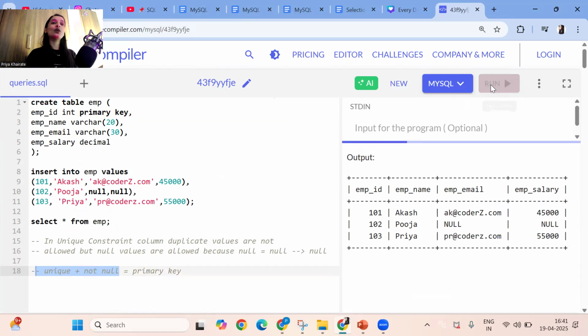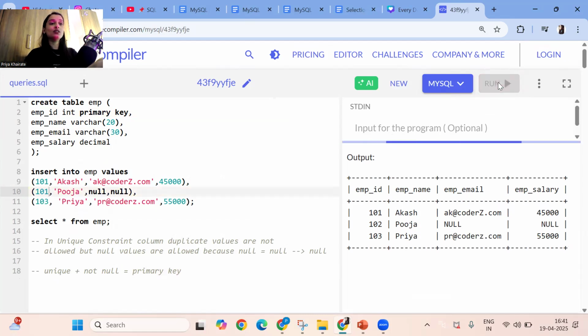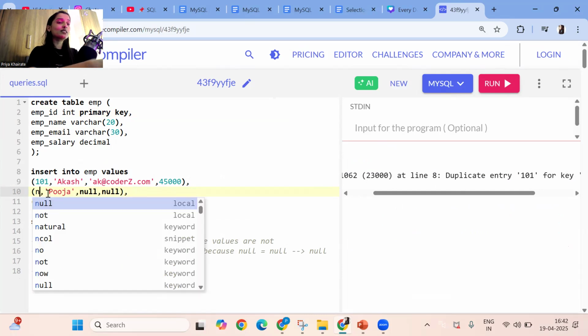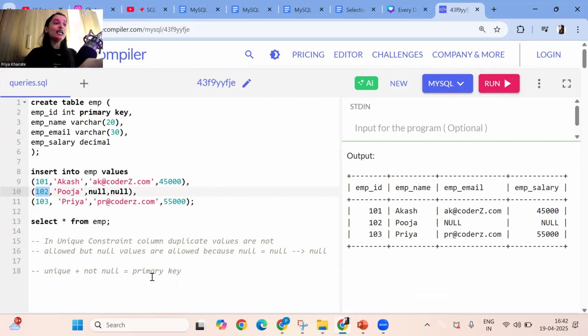So now if I run the code, you will get the same output. In this also, if you try to enter the same value 101 and run the code, see, it is not allowed: duplicate entry 101. So I will make it 102. If I try to insert a null value and run the code, see, employee ID cannot be null. So your primary key is a combination of unique plus not null. Clear, everyone? Either you can write unique plus not null separated by space, or directly write primary key.